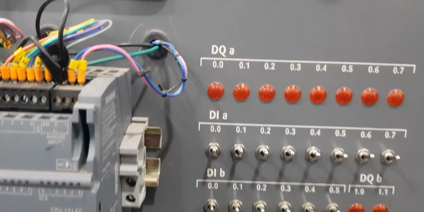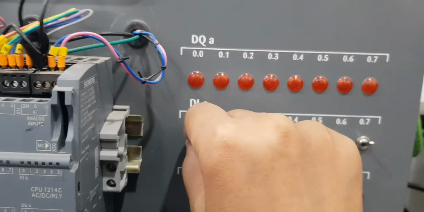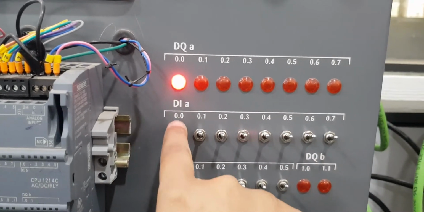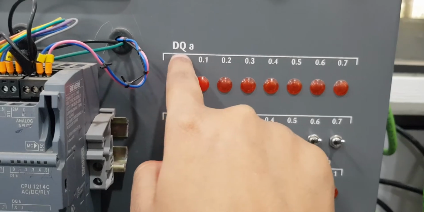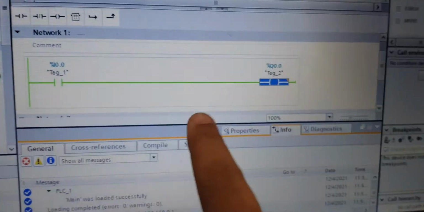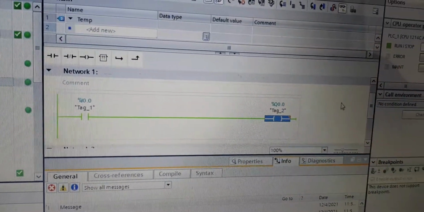Okay, now it's ready for monitoring. So now what I am going to do, I am just turning on this I 0.0. You can see here this output, Q 0.0, is turned on. Here also you can see the line is green. It means the output is turned on.